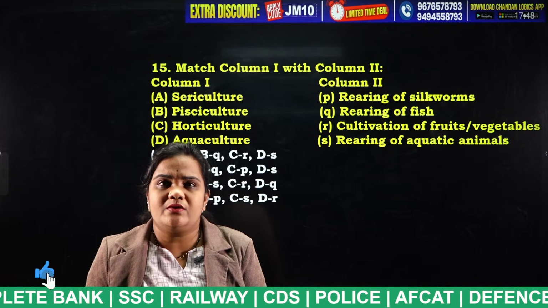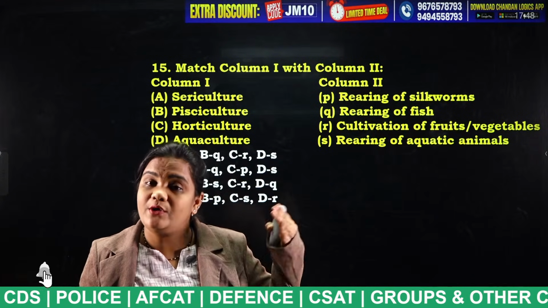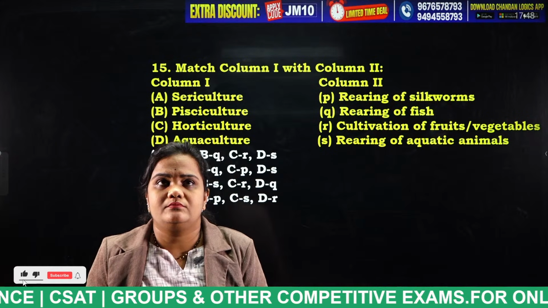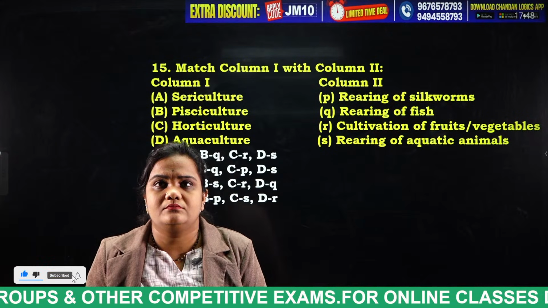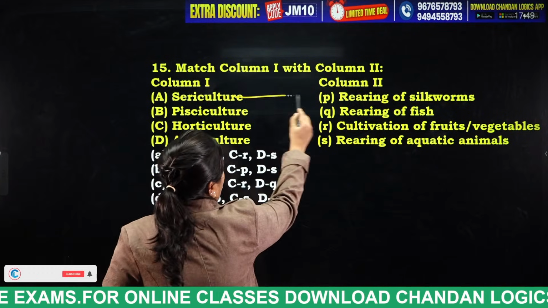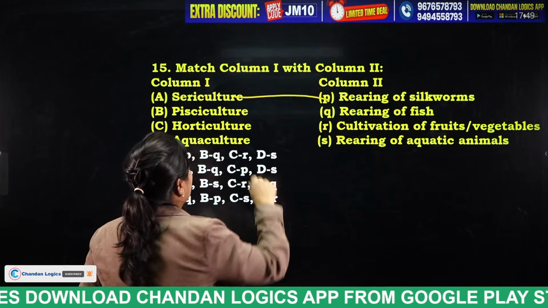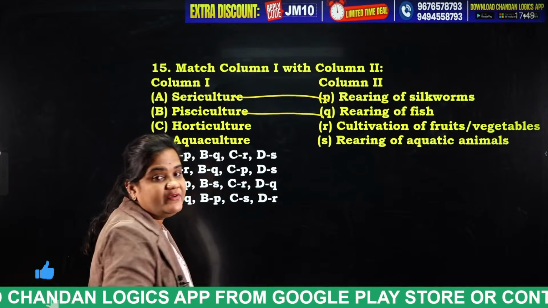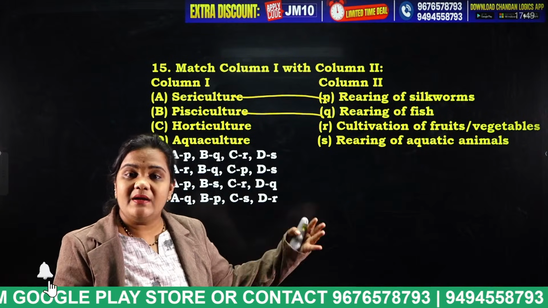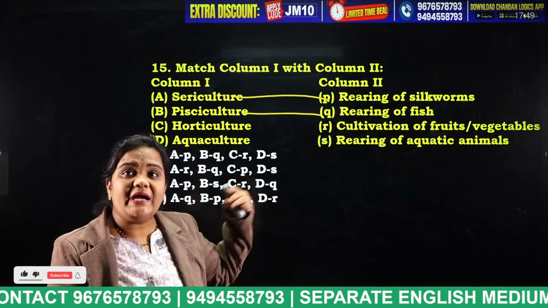They have given the type of farming and what we do in that type of farming. Sericulture is nothing but rearing of silkworms, that is converting the silkworms into silk. Pisciculture is nothing but rearing of fish, that is collecting the fish's eggs, making them big and again reproducing them. Horticulture is nothing but cultivation of